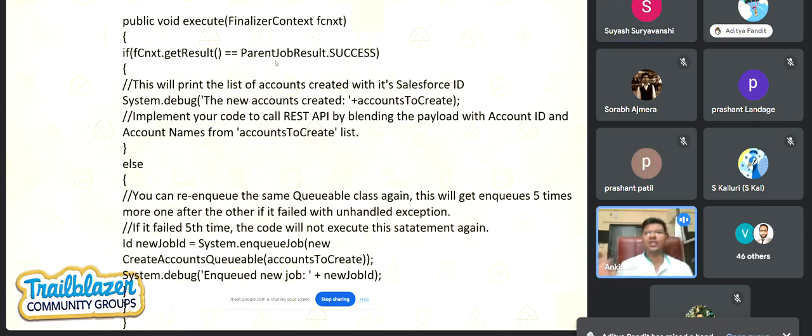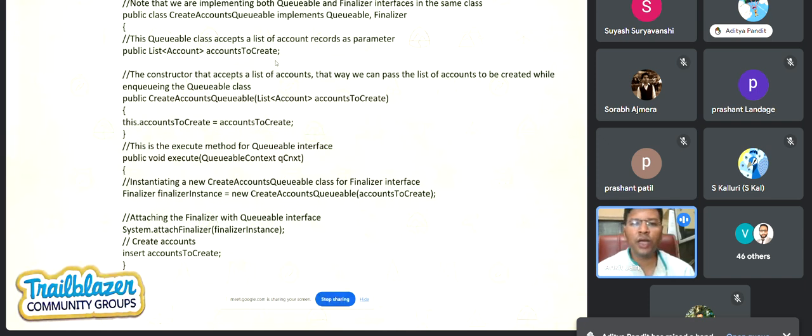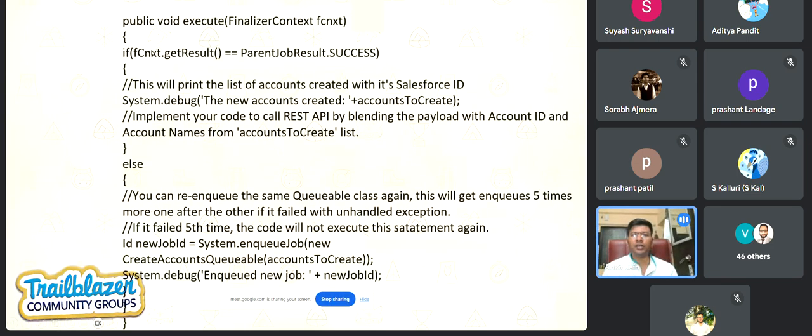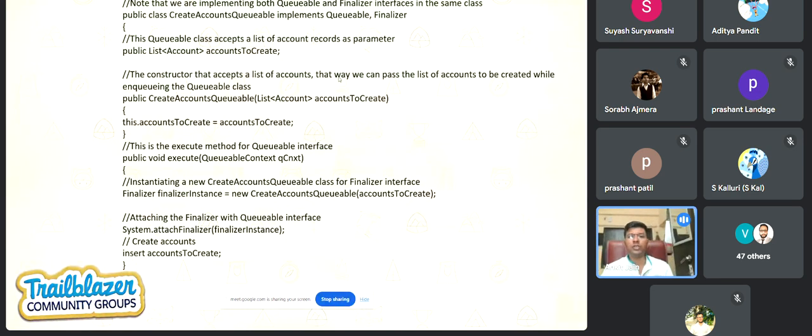Okay, see, Finalizer context tells me what has happened. By default, the Finalizer does not have any idea of which Queueable it is related to. Only once you add the System.attachFinalizer line, it gets the context of that parent job which it needs to attach to. Then it tracks it, like the polling that we used to do earlier on AsyncApexJob, to check whether that job is successful or not. The same thing it is handling internally. So it checks whether the result is a success or a failure, and then you're able to do the things. In the Queueable context, what you do is